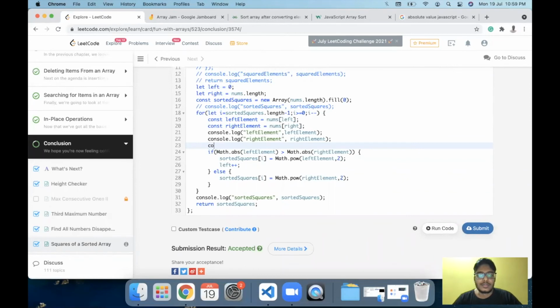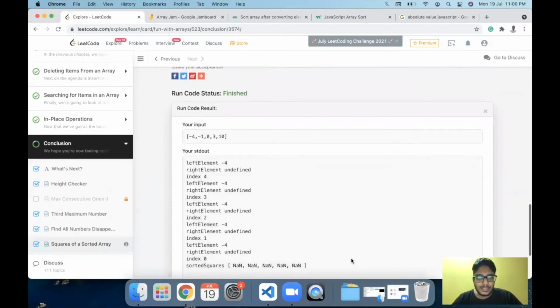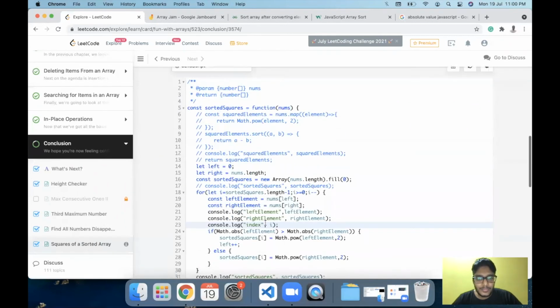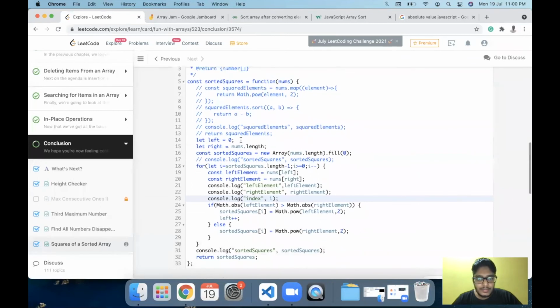Let's just check those values first. I don't know. The people who are viewing right now might be able to know the mistake directly, but for now, I can't figure it out. So let me just check. So right element and left element is somehow undefined. That is the issue. And why is that?